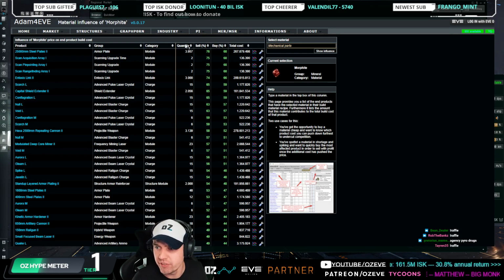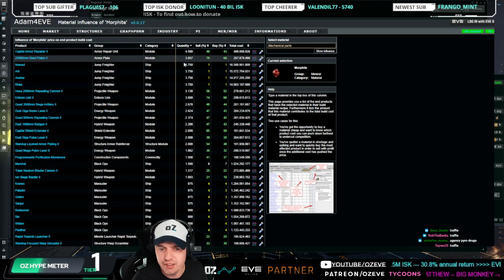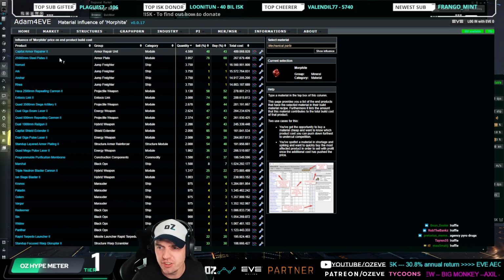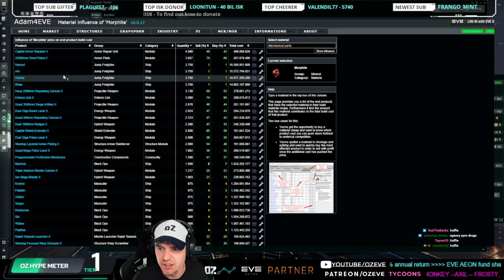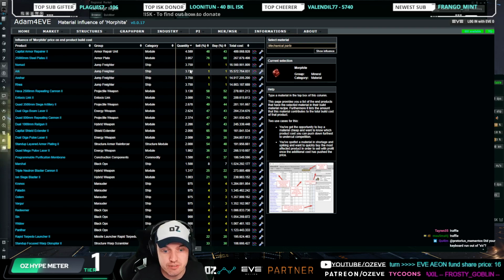You can look at Morphite and again sort by quantity, and here you can see that we have some capital modules here. We have jump freighters here, where jump freighters is interesting because